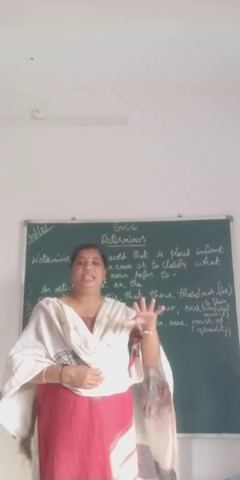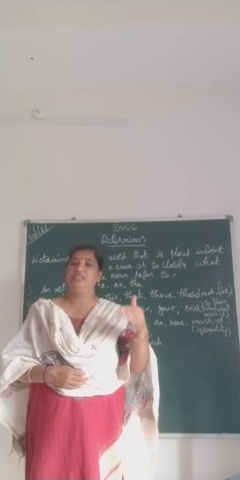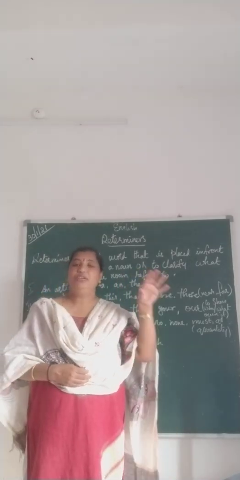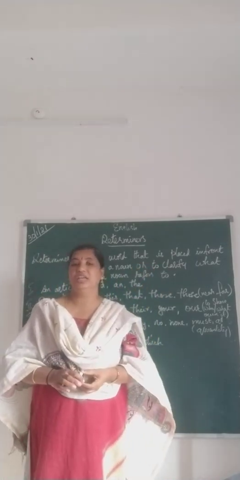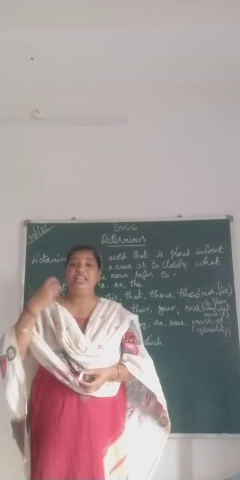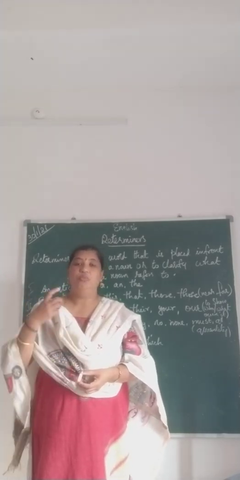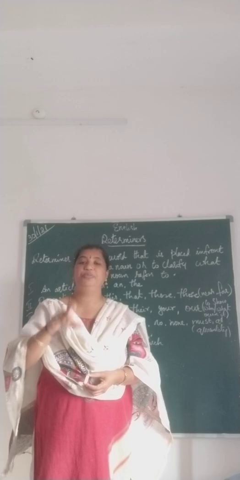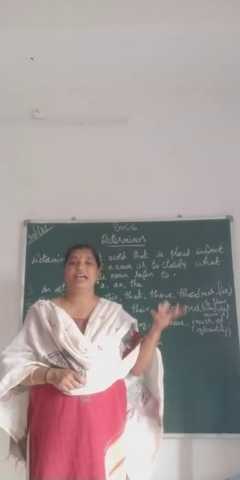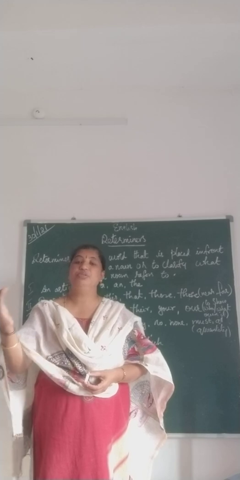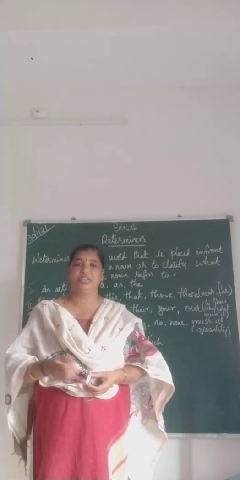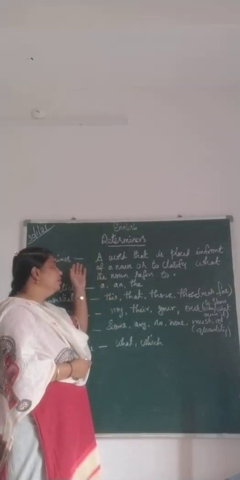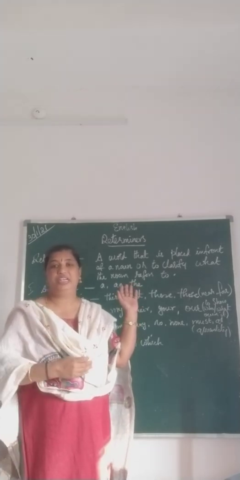A determiner is a word that is used in front of a noun, so that it will clarify what we want to speak about the noun. It tells us additional information about a noun. So the word that gives us additional information about a noun is called a determiner. It is sometimes used before a noun or it can also be used after. It depends upon the context. Understood, children? Now let us see determiners can be classified into different types.